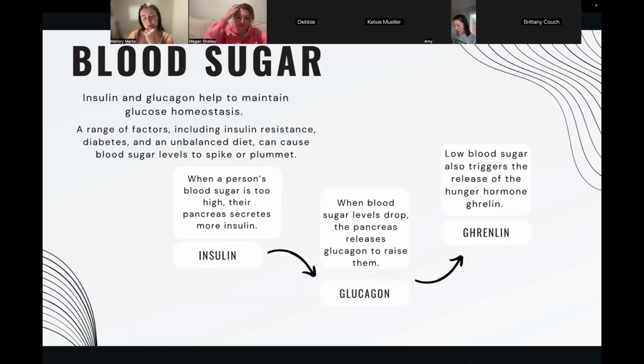That's also why, if you have any friends who have diabetes, or diabetic alert dogs, their systems and processes don't work right, so the glucagon isn't ever triggered. So they have other systems in place to make sure their blood sugars don't go too low. And the third hormone I really like to bring into this is